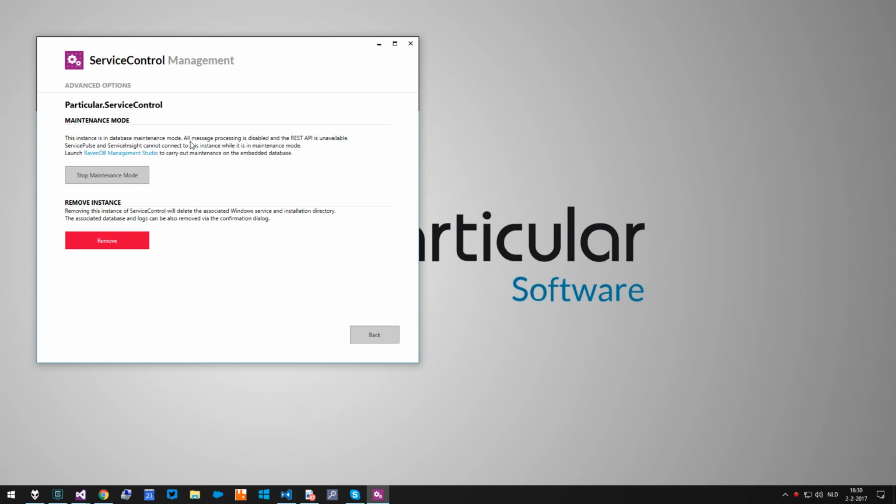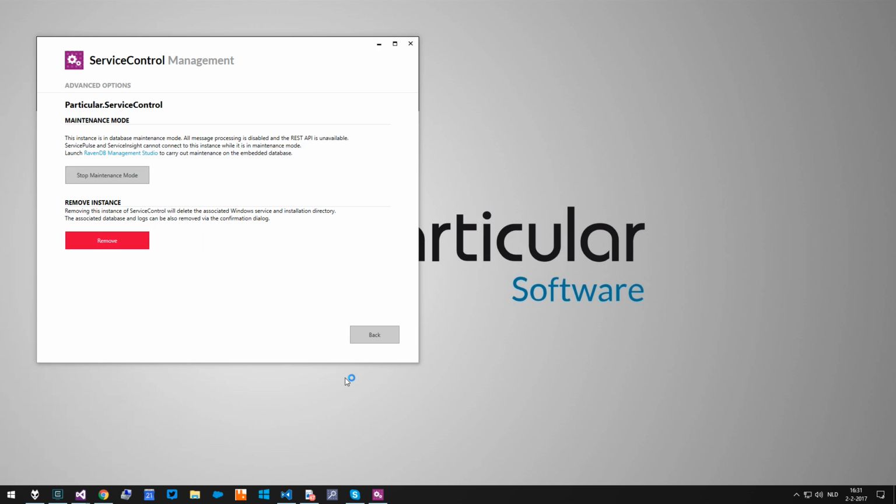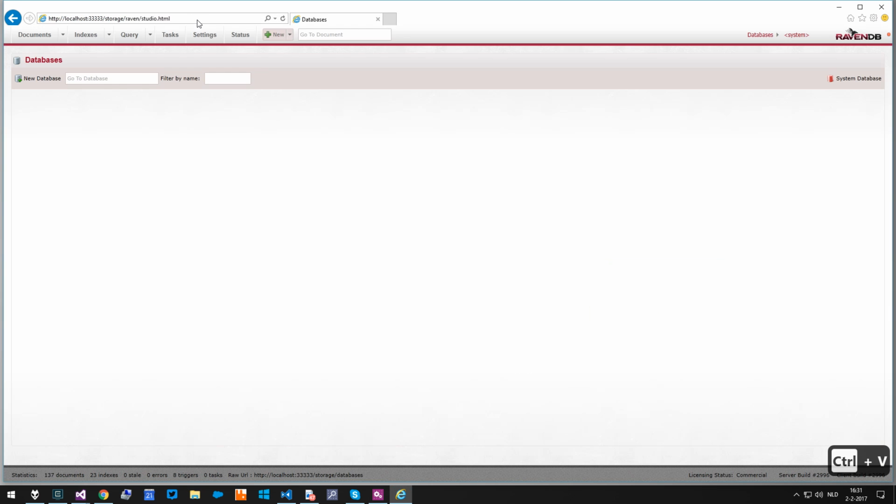Now that this is running, we have to open up the RavenDB Management Studio. We have to open this in Internet Explorer because of the use of Silverlight. My default browser is Chrome, so I right-click this link, select Copy to Clipboard, and then open up Internet Explorer. I now navigate to this application,